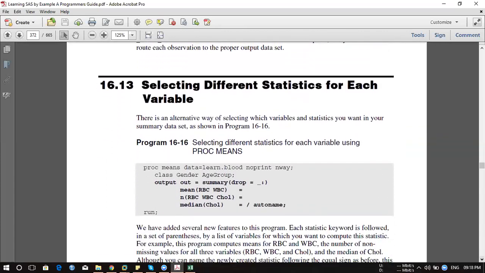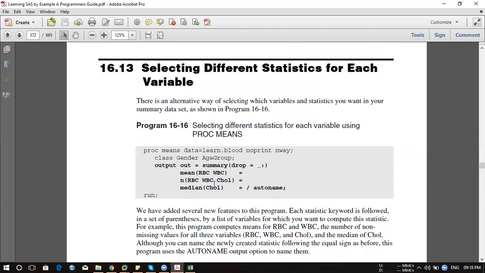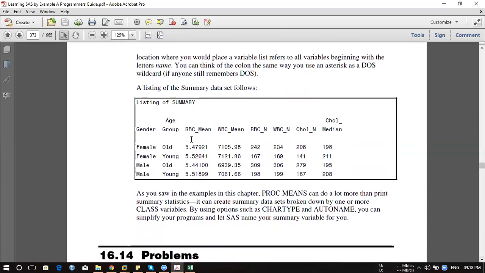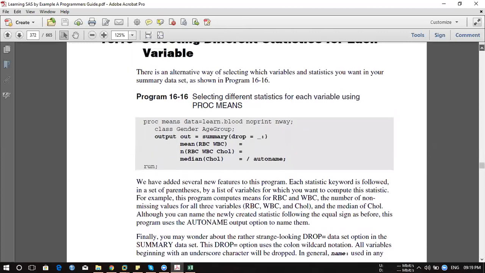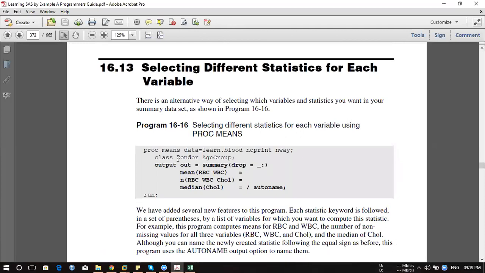Yeah. Correct. And this is nothing but you want mean for RBC and WBC together, and you wanted to create, you can use auto name, and this is used to create this mean for RBC and WBC. This is not going to be okay. तो appeared in your data set. एक ही मीन आएगा. एक ही मीन आएगा. Okay. No. अच्छा ग्रुप RBC मीन WBC मीन नहीं ये तो अलग अलग आ रहा है. नहीं आप इसका आउटपुट नहीं आएगा आपको, because output क्यों नहीं है?